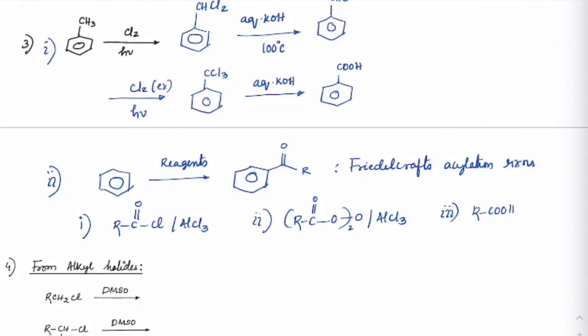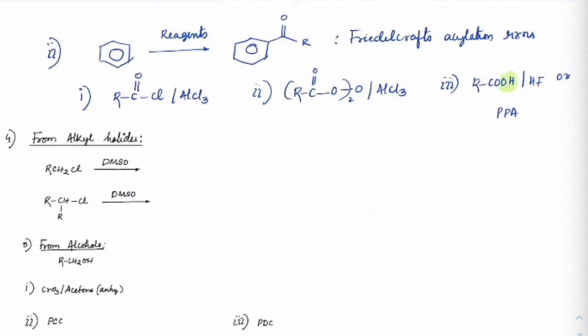or I can use RCOOH acid in the presence of HF or polyphosphoric acid, PPA. In either case, you will see OH2 plus come out, which generates an electrophile, RC double bond O, which will make a Friedel-Crafts acylation on benzene to get this. How do we get the product here? Okay, if you use DMSO, then also we will get this as RCHO. Alright, here also we will get RCHO.